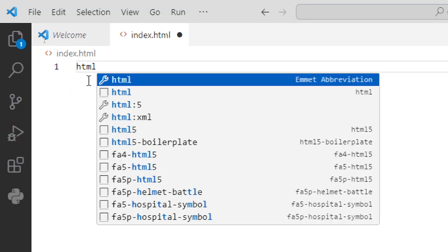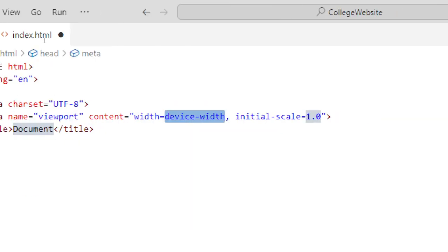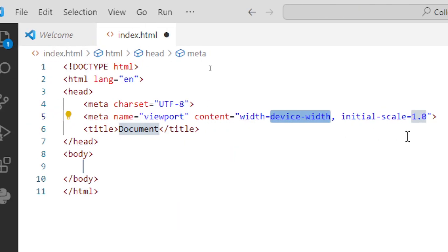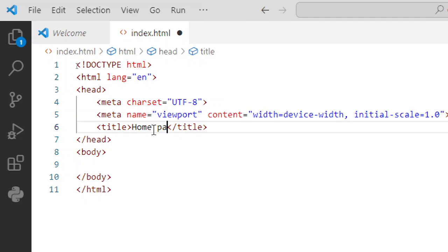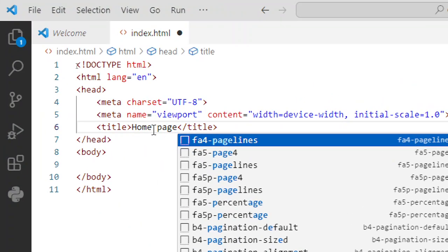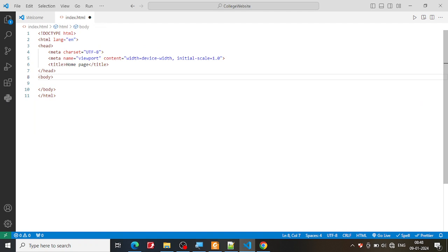You will get a lot of extensions. So I'm going to just select HTML5 and then press enter. It will add the boilerplate code for me. So I'm going to say this one as my home page. Okay, I'm going to create a home page here. I'm going to add a title. Now the way in which I'm going to create my